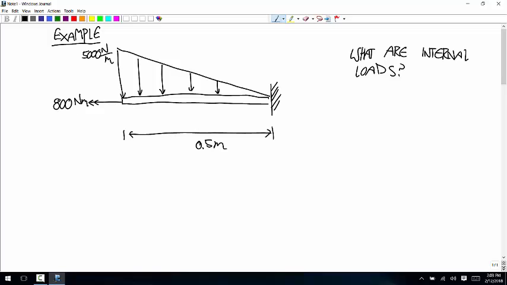In fact, I do that on tests pretty often to cut down on the amount of time a problem will take. So pay attention to that. If you see a cantilever on the right, you can skip the step of doing the external loads. On the left, you need to do it, or work from the right, but I don't recommend that. Okay, so